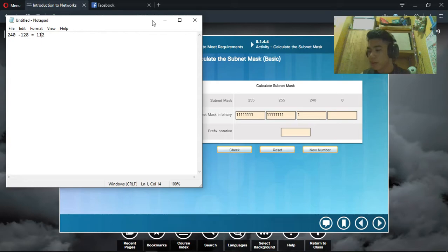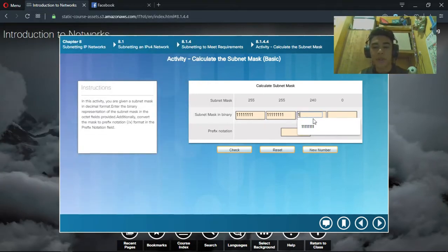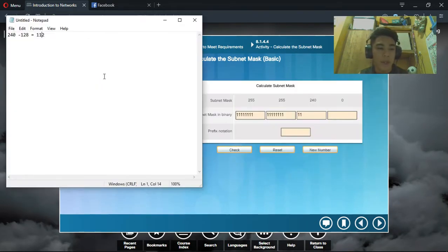Let's check if it's correct. 240 minus 128, okay, it's 112, and 112 is greater than 64, so we'll add 1. 112 minus 64 is equal to